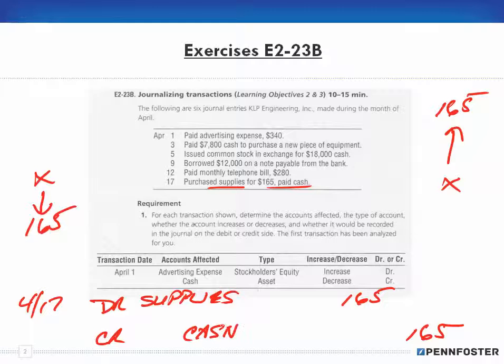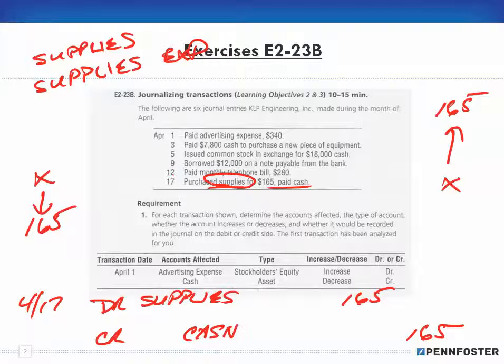And just be aware that you have to think about it. It's one thing to just look at what the written transaction is and say, okay, I'm going to choose supplies, okay? But I'm pointing this out because with supplies, you might have a supplies account and you also might have a supplies expense account, okay? And so which one do you choose? Well, that depends upon the nature of the transaction, okay? If I'm buying supplies to